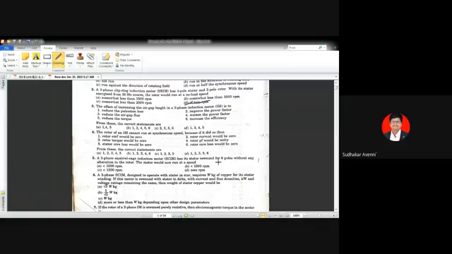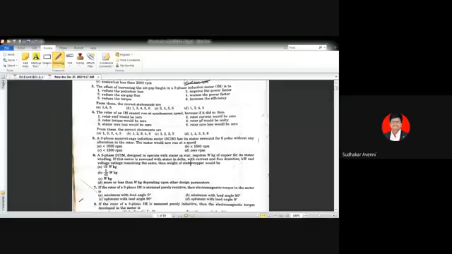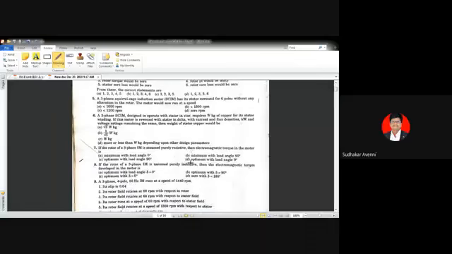That's why the question is given here: a 3-phase squirrel cage induction motor has its stator rewound for 6 poles without any alteration in the rotor. The motor would now run at a speed less than 1000 RPM. See here, the sixth one, okay, the sixth one we leave. Next, take the seventh one.